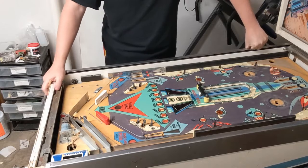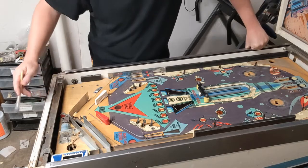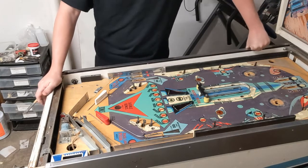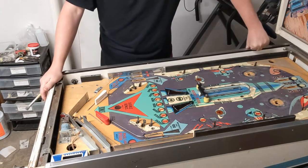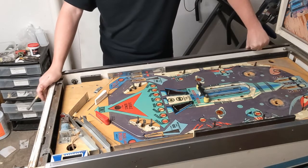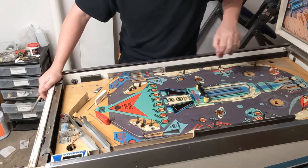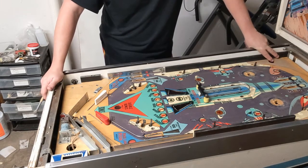Now, obviously, as you guys know, cleaning playfields, there is a huge Bible of thoughts about the best way to do this. Now, I'll show you my favorite method. I've used a bunch of other methods. You've got everything from Millwax and you can use Novus tube, people using alcohol and melamine foam, which works really good. But again, we've got some paint wear here, so I want to be super careful with anything like that, because if you get a little heavy-handed with the melamine foam, then the problem is that you're going to start losing